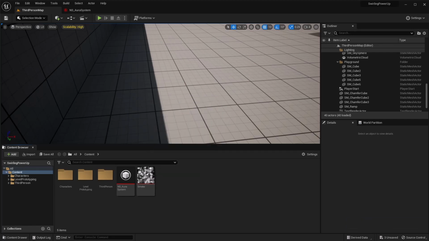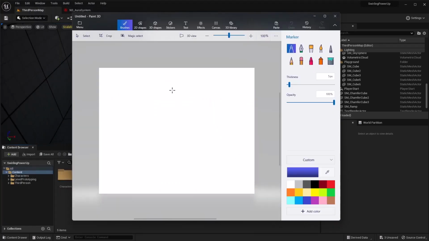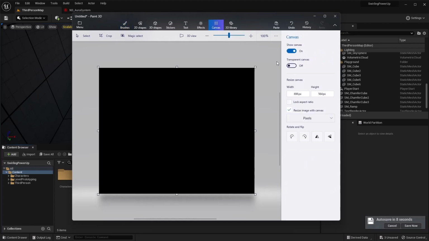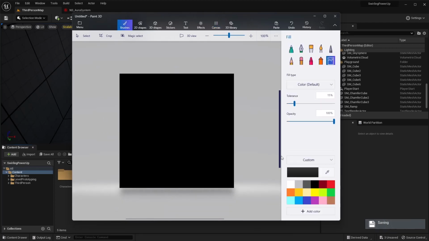You can create this on your own in any 3D paint or any paint program. The key to this is the way that I'm going to do this is using a grayscale. So we just want to set the background to black, and on your canvas, I try to keep this square. So I do something like 512, 512, or some sort of square ratio.